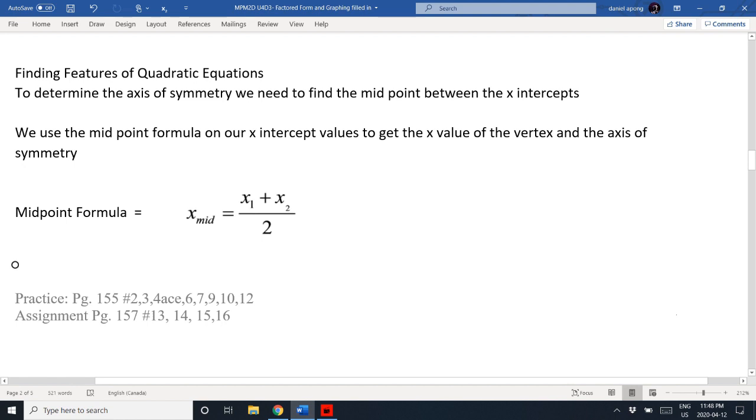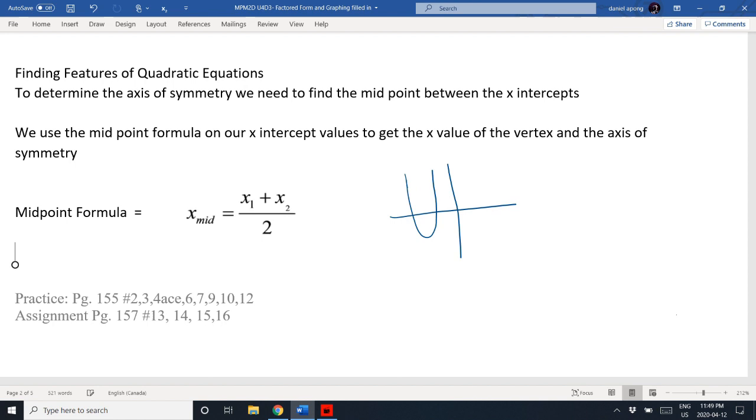Once we have our two x-intercept values, we can use these values to determine a few other features of our parabola. To determine the axis of symmetry, we need to find the midpoint between the x-intercepts. And this makes sense. Let's take a look. Say we had our graph here, and we had a parabola that looked like this, and we knew this value and this value